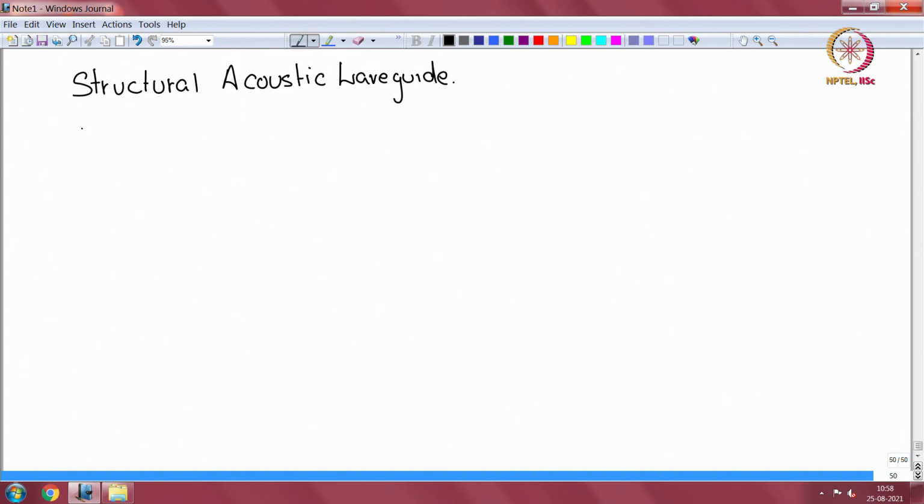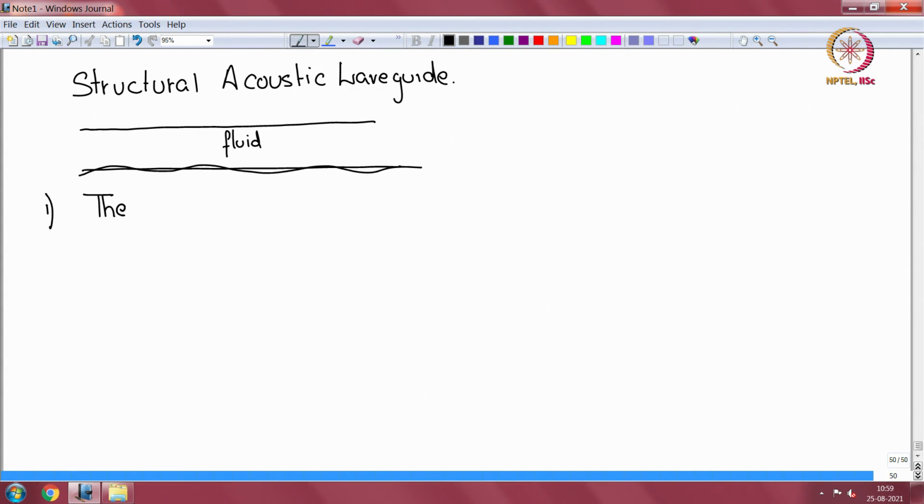So this was the problem. We had a waveguide with a top rigid plate and a bottom flexing plate with an acoustic fluid. Now I will just summarize. One is